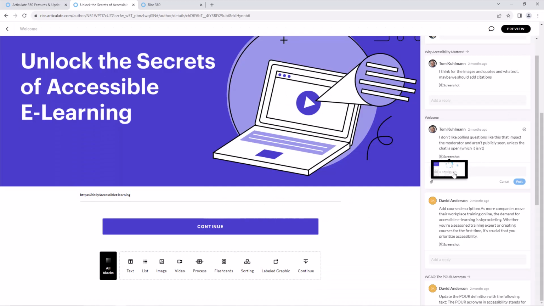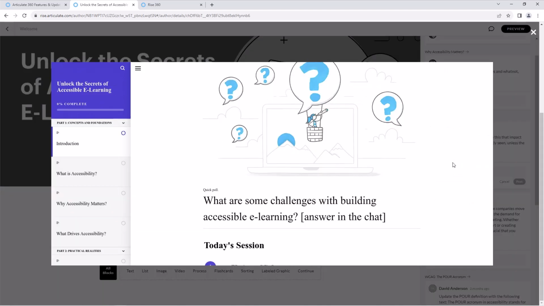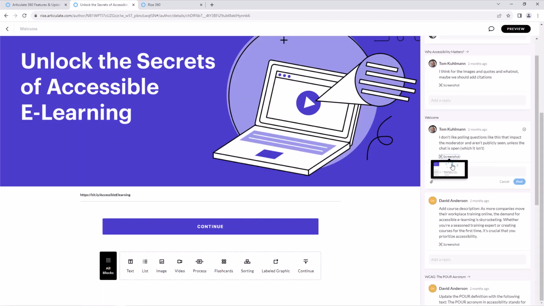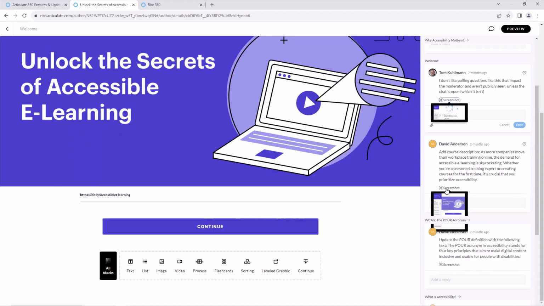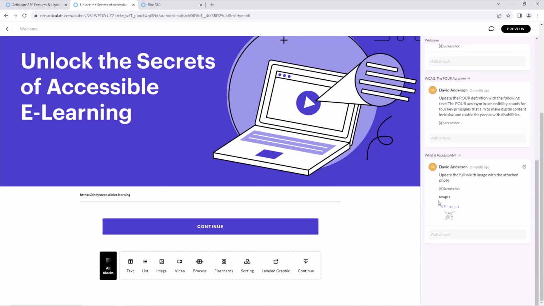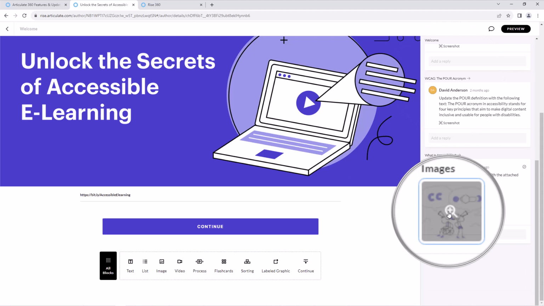Okay, that looks cool. And click that and view. Sorry, I don't mean to keep clicking on that. I can click a larger view of the screenshot. However, if I come down here, there's an image added at the very bottom. If you attach an image, I can click the little plus sign. There's a little plus icon right here.